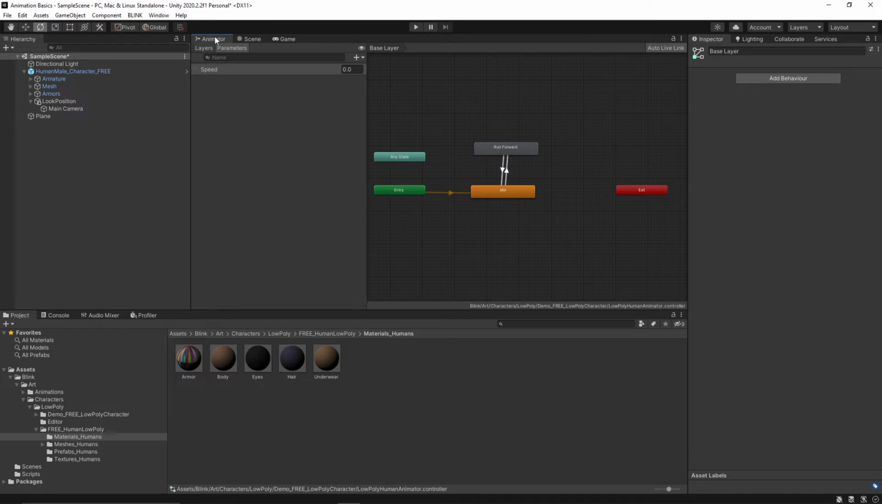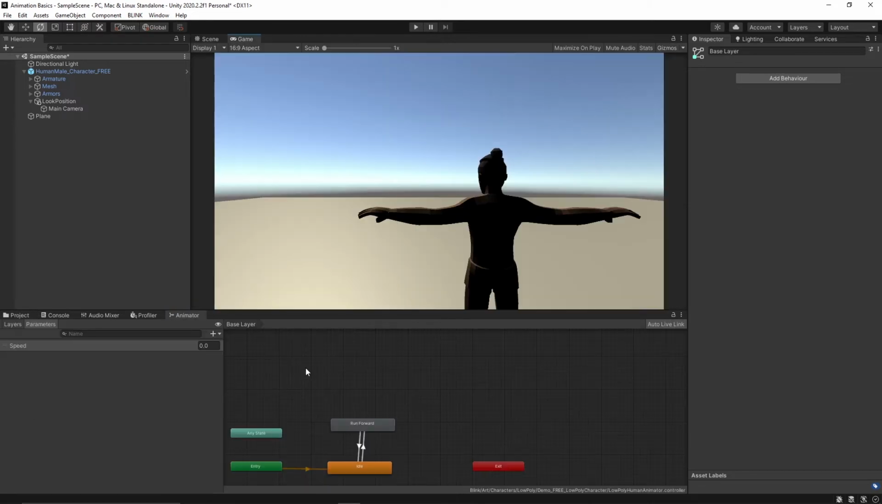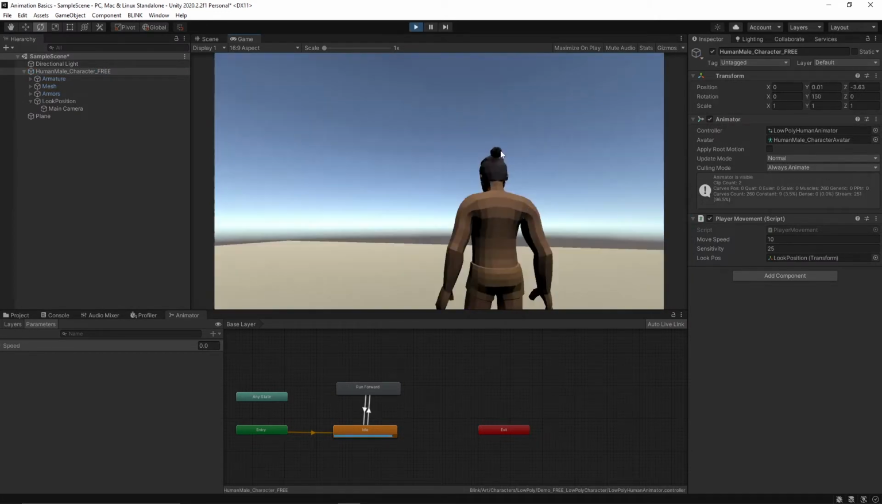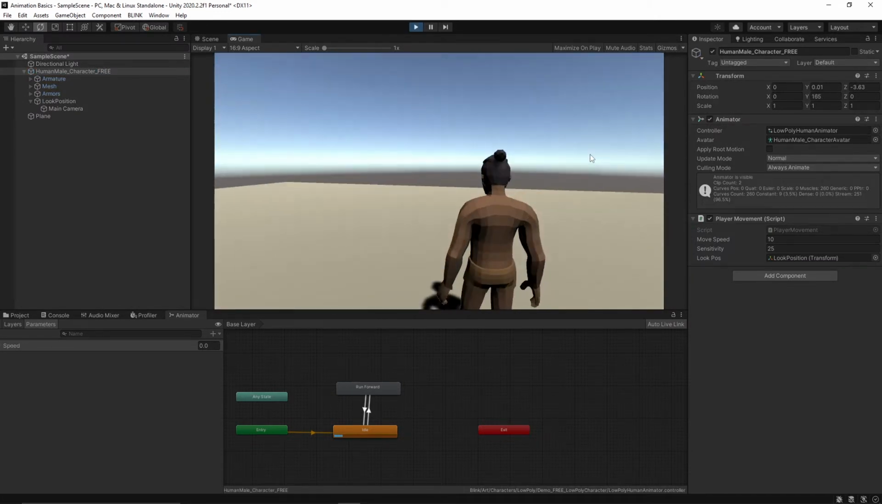So I'm going to drag my animator down to the bottom here so we can have a look at it while we try running the game. We've got our animator all set up here with the controller and the avatar plugged in already. Let's click play and see what happens. So I'm not clicking anything yet. You can see we're in the idle state there. If you look at the animator at the bottom, you can see the idle is looping. Now if I press W,